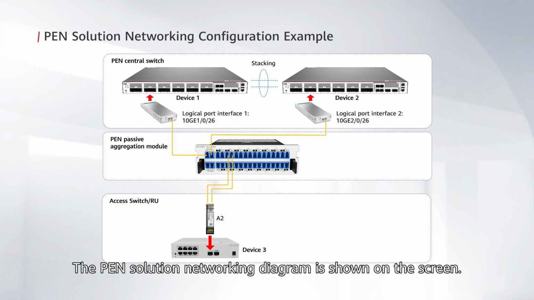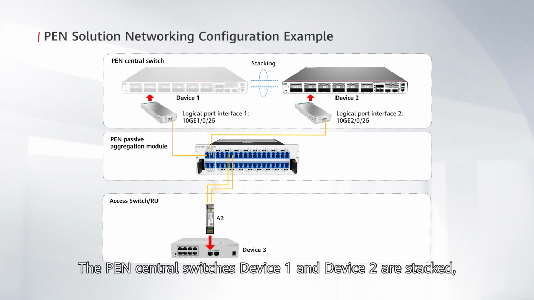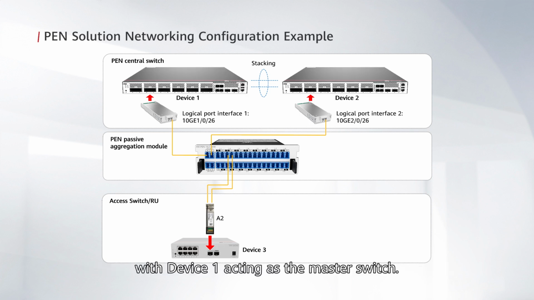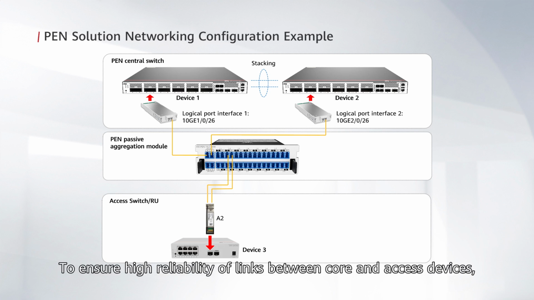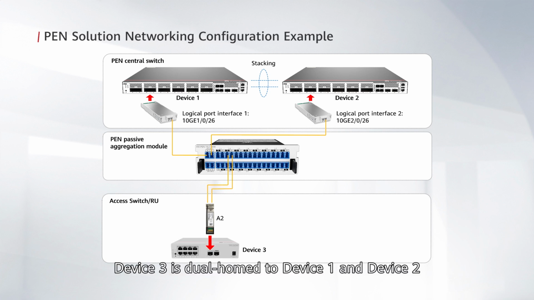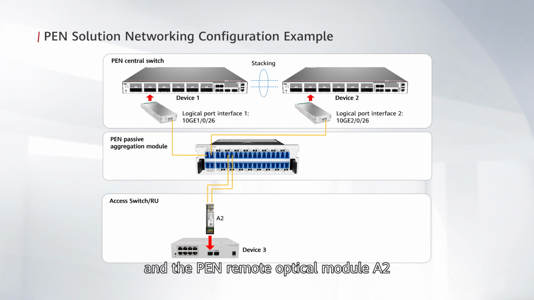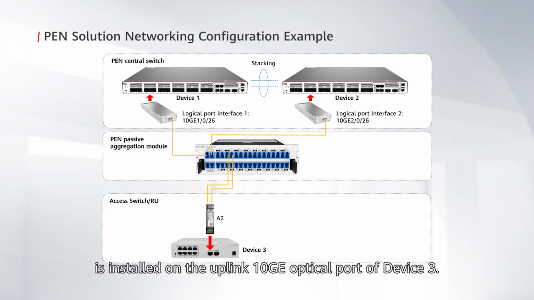The PAN solution networking diagram is shown on the screen. The PAN central switches device 1 and device 2 are stacked, with device 1 acting as the master switch. To ensure high reliability of links between core and access devices, device 3 is dual-homed to device 1 and device 2 through a PAN passive aggregation module. The PAN central optical module is installed on the CFP2 ports of device 1 and device 2, and the PAN remote optical module A2 is installed on the uplink 10G optical port of device 3,